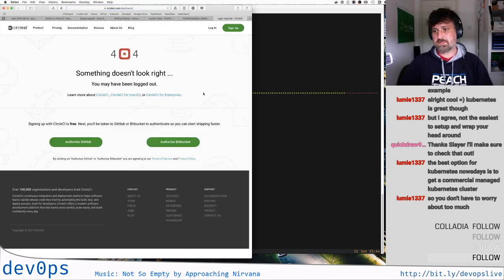Best option for Kubernetes nowadays is to get a commercial managed Kubernetes cluster, yeah, something like OpenShift or something, and